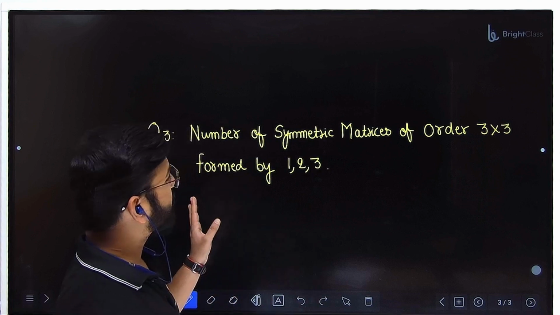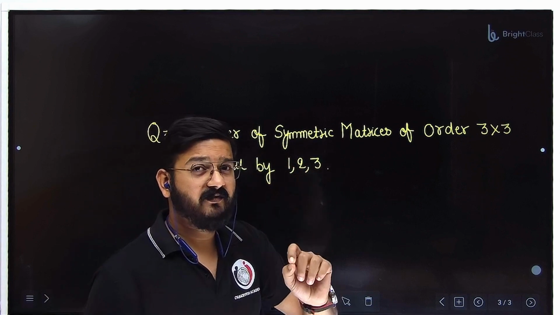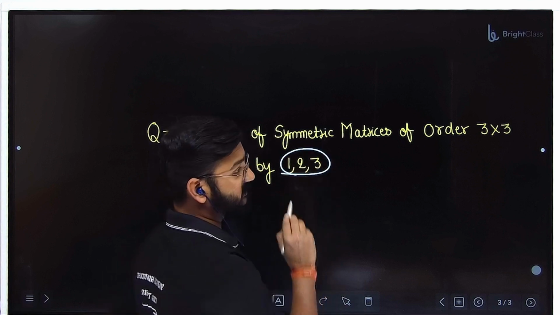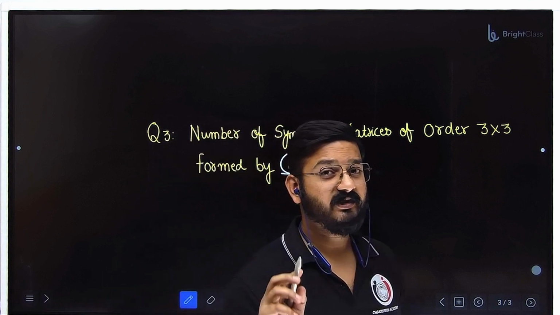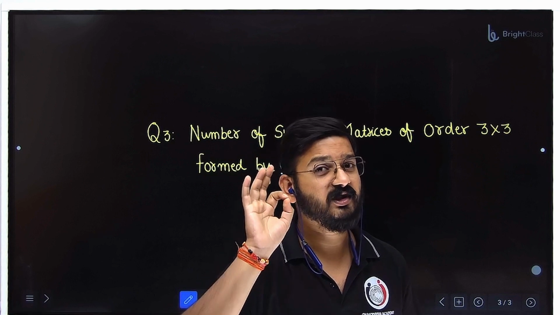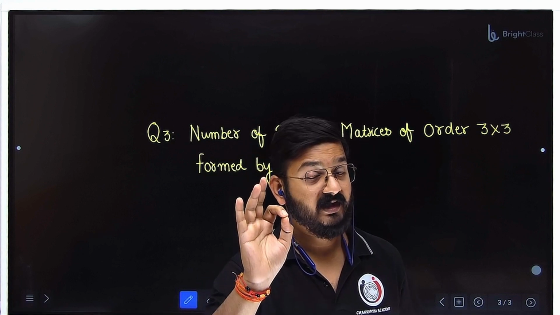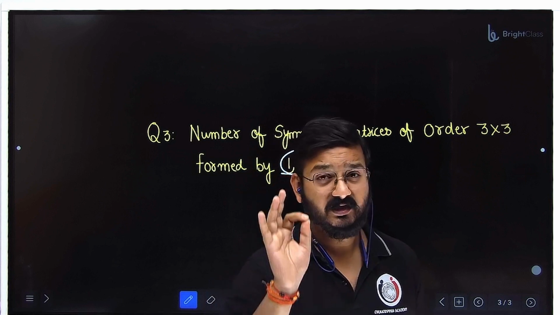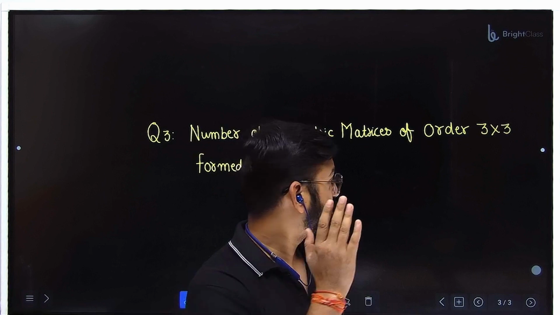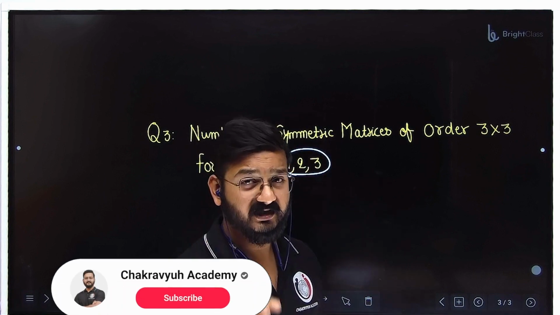So if you see, the next question is similar to the previous question, but the only difference here is that instead of 2 entries, this time you have a total of 3 entries. It means at each place there are 3 possibilities. And how many places do you need to think of? 6 places. And at each place 3 possibilities. So 3 will be multiplied how many times? 6 times. So I want you guys to solve this question and write your answer in the comment box